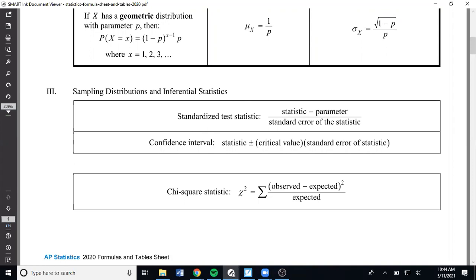And I said at the beginning of all this to practice familiarizing yourself with that structure and knowing how the pieces fit into that structure, rather than trying to memorize about 10 or 11 different formulas for all the different confidence intervals and hypothesis tests. They're all basically here. And then here's the chi-squared one, which is separate from the other ones. So for example,